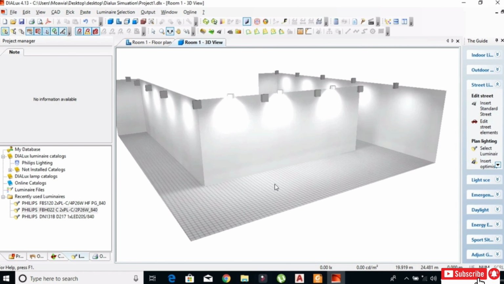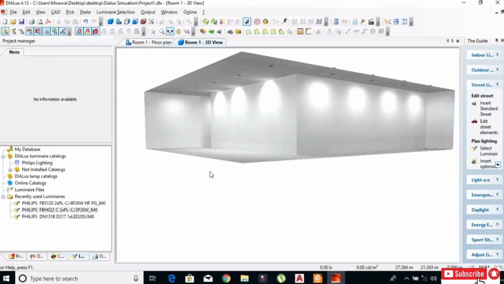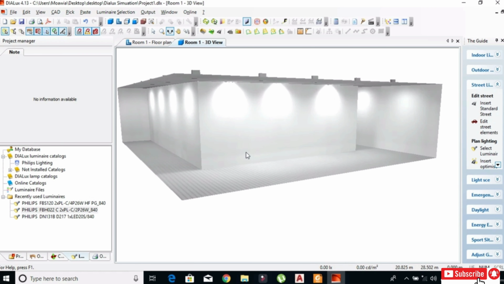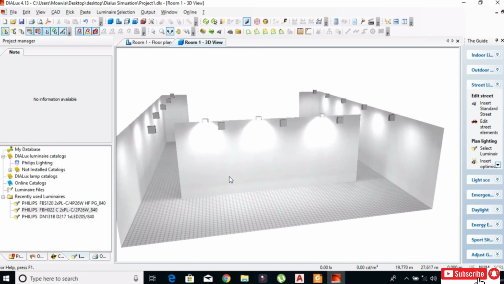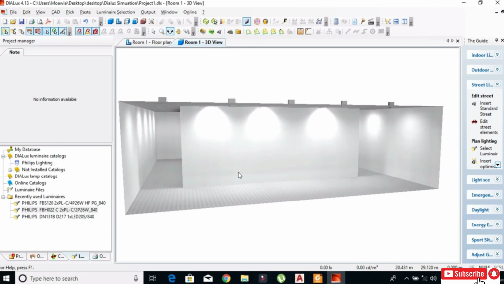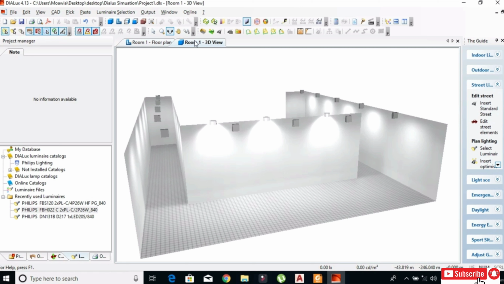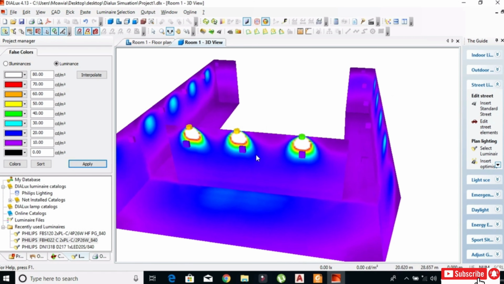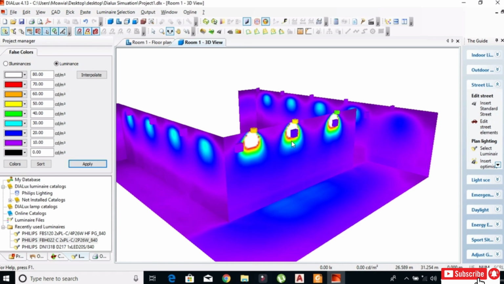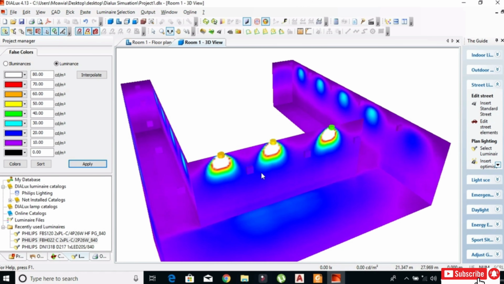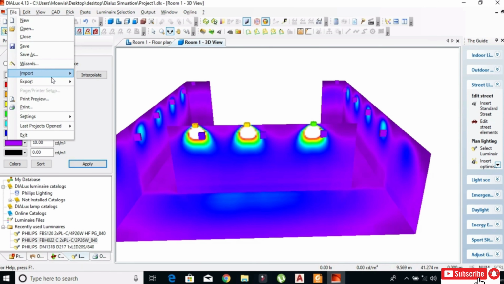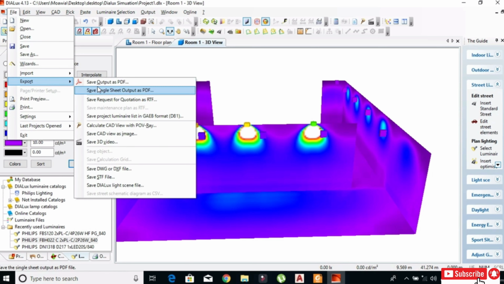And now after I'm finished, I will check my work. See, this simulation is like reality in 3D. Now we go again here and check. See, now I think the value of lux here is less than the office, but also I will export the file here, file export, save as PDF,